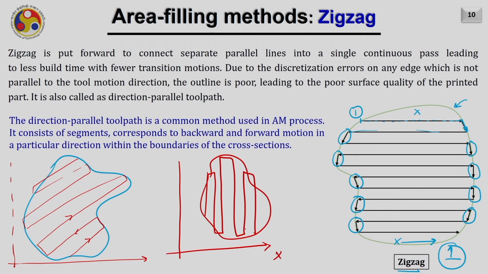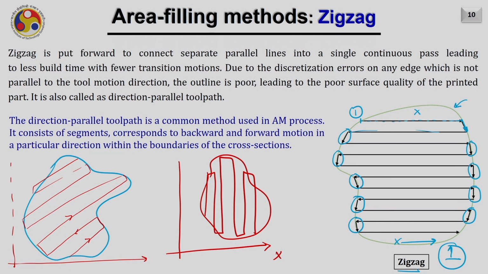So the point is, if we deposit the material at different angles in different layers, you will get homogeneity in your part. Because as we already discussed, if we just deposit the material like this, the strength of the part in this direction, for example sigma 1, and the strength of the part in another direction, sigma 2, are quite different. While if we use a combination, like the first layer scanned at 0 degree angle, then the second at 45 degrees, then the next at 90 degrees, then the next again at 0 degree, and if we keep on doing this, then the final part we obtain will be quite homogeneous.